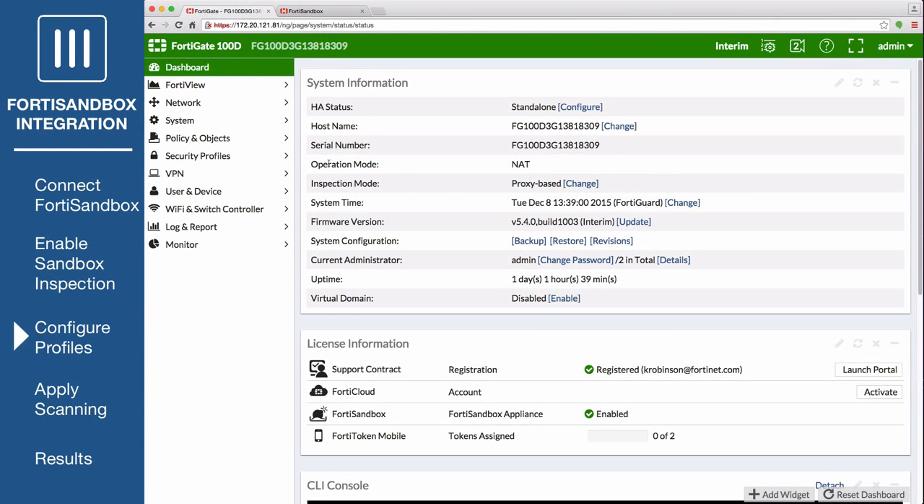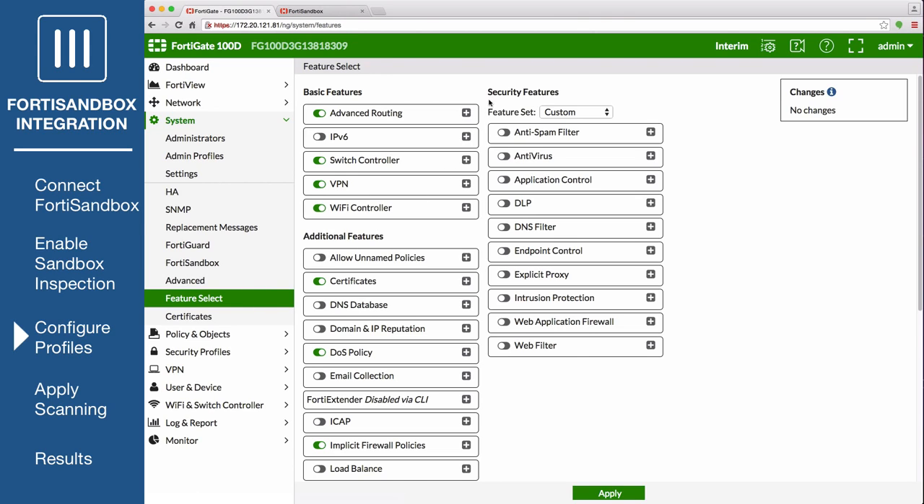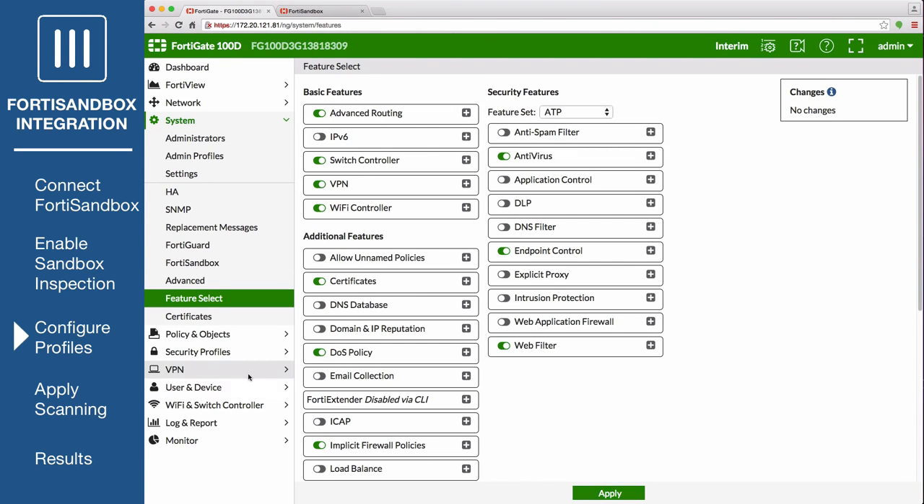First, on the FortiGate, go to System, Feature Select, and under Security Features, enable Antivirus, Endpoint Control, and Web Filter. Also, under Additional Features, enable multiple security profiles. Then, apply your changes. Go to Security Profiles,